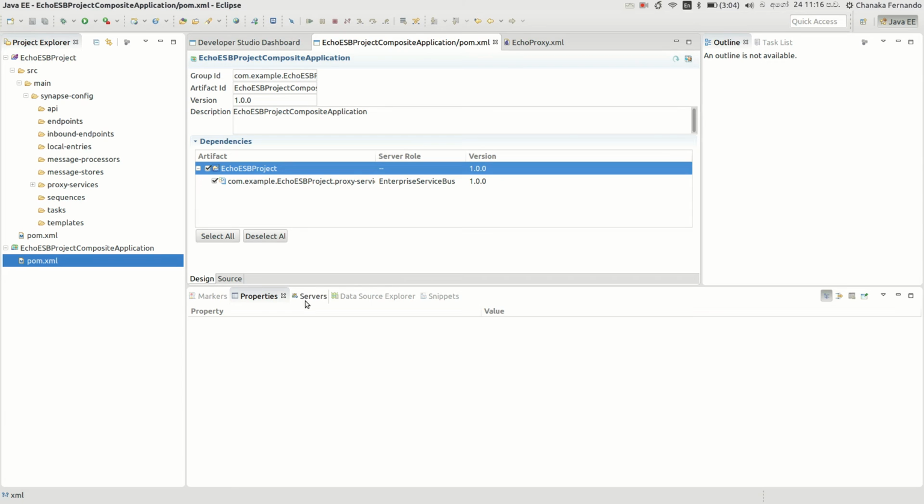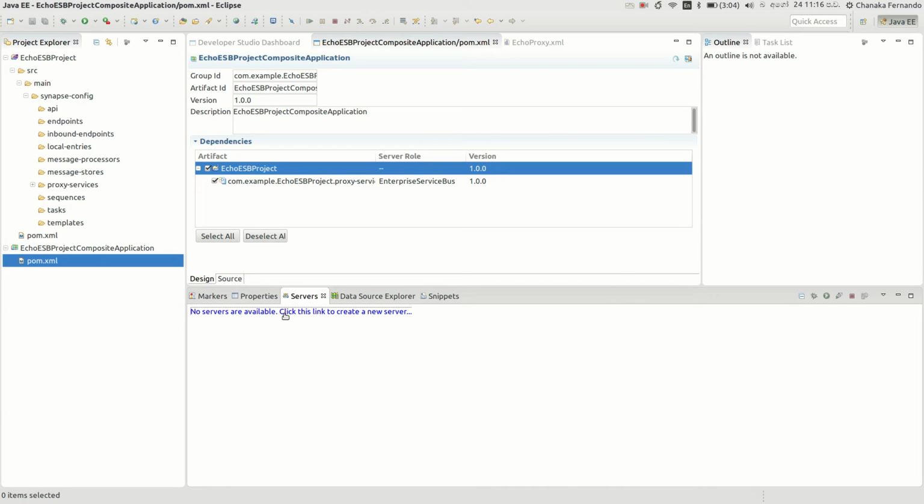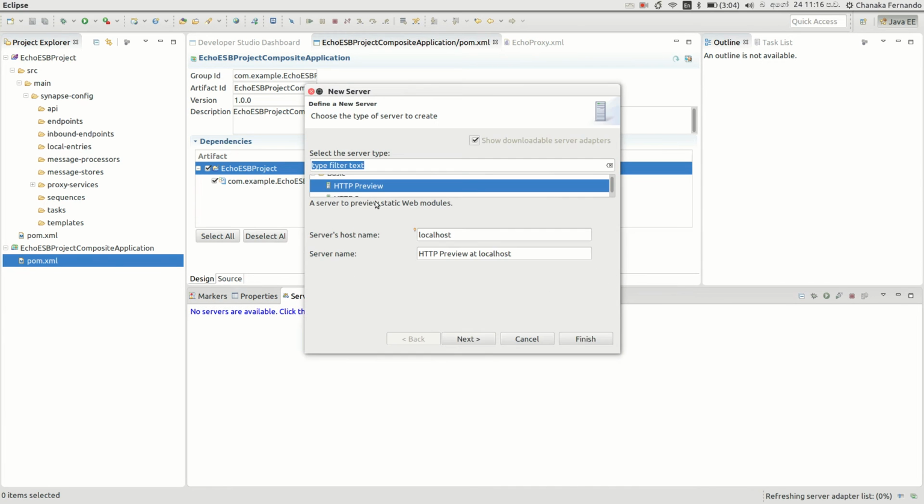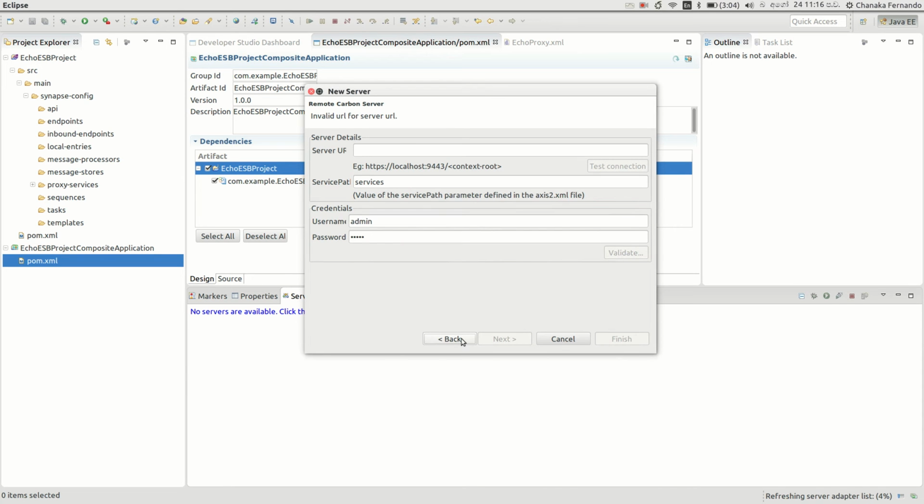ESP tooling component, and I am going to create a new server in the Developer Studio side. I'll create a remote server because I already started a running ESP instance on my computer. I can give any host name and server name, and then I need to give the URL of my ESP server.